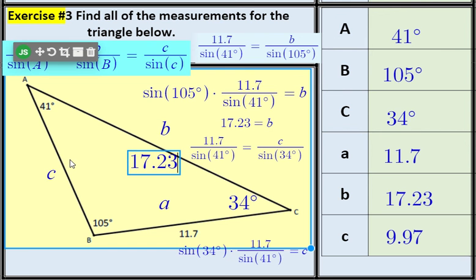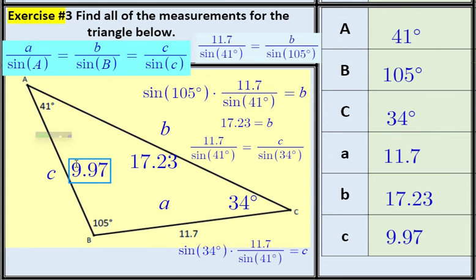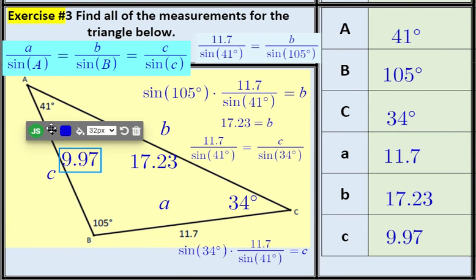And I know that side C was 9.97. And that's exercise number